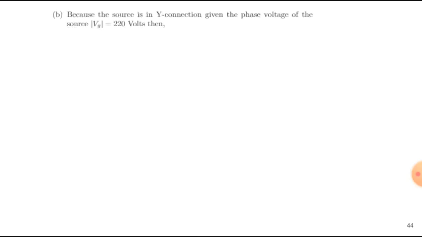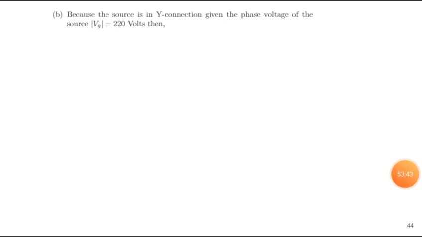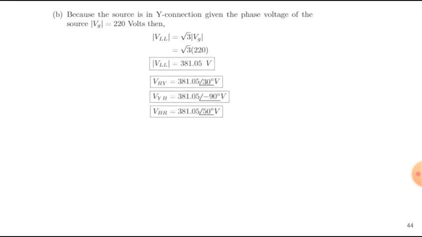Because the source is Y connected, given the phase voltage magnitude to be equal to 220 volts, we can solve for the line voltage by multiplying by square root of 3. And the angles will be 30, negative 90, and 150. Where does this come from? You just multiply it with square root of 3 angle 30 degrees. Then,